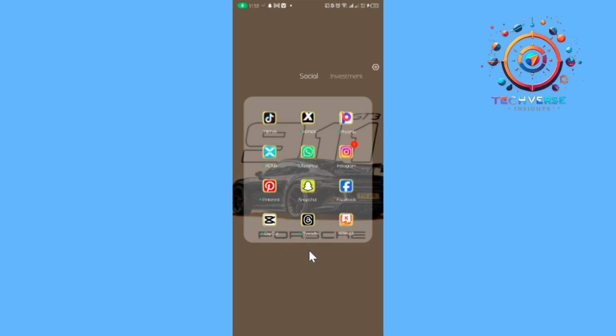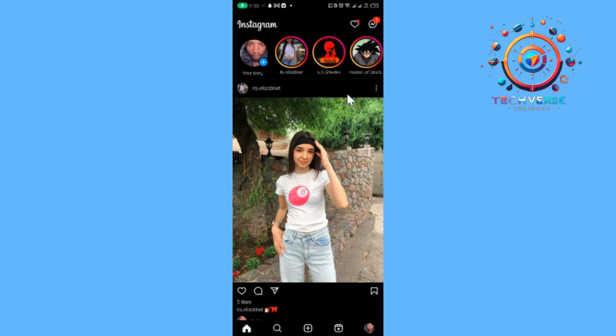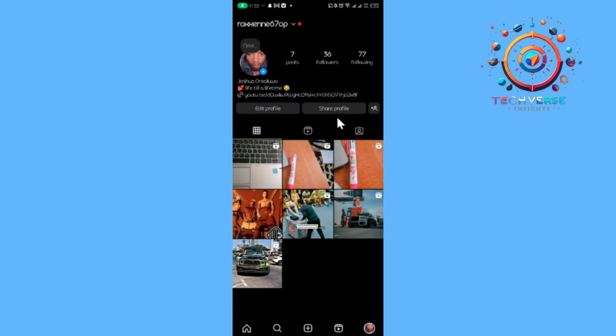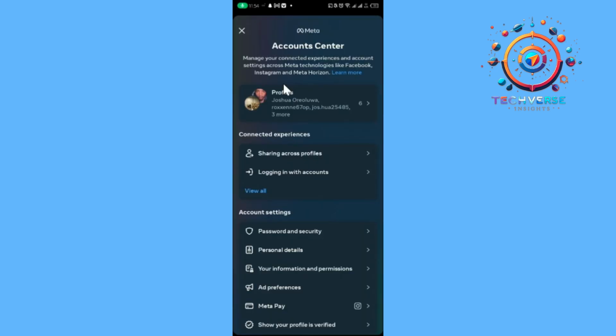Hey guys, today we're going to learn how to check requests that we have sent on Instagram, and all we have to do is launch our Instagram application. From here, we're going to tap on our profile at the bottom, and then we're going to tap on the three lines. From there, we will have to download our information by tapping on the account center